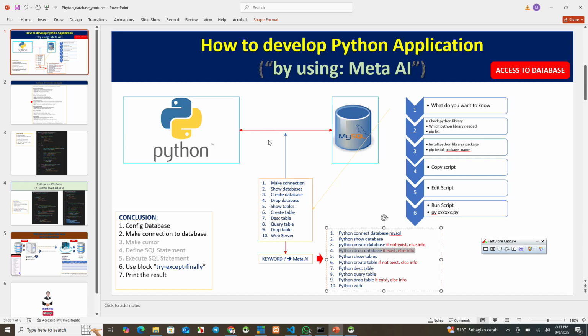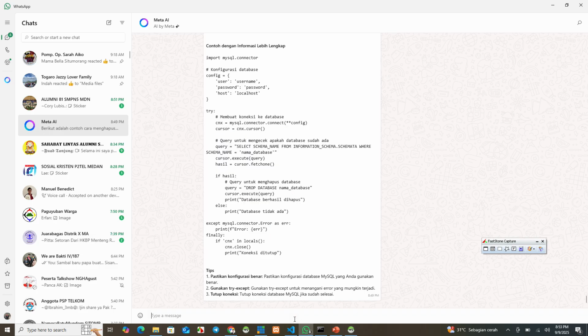Okay, all of the same. Now we make an example, maybe this one. Query table, query data. Now we make this Python query database, which means the same as query table.